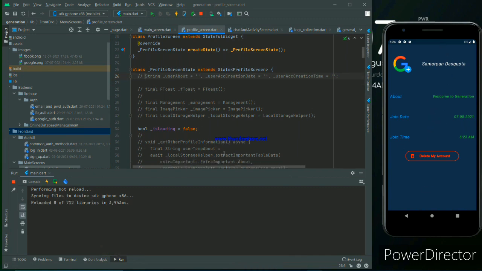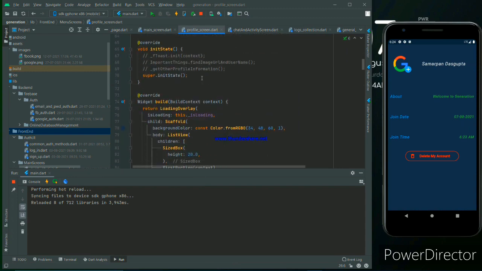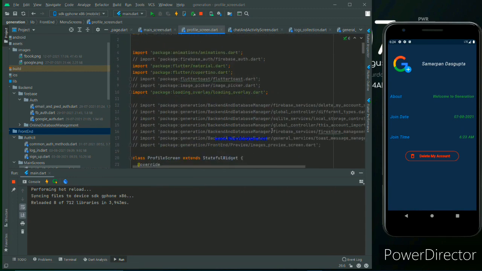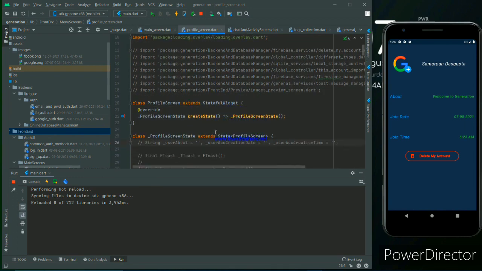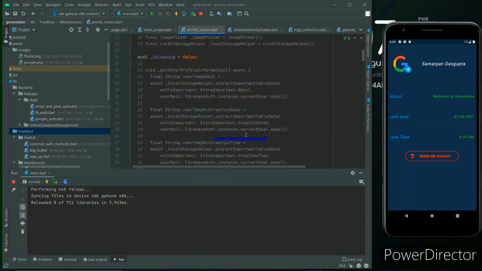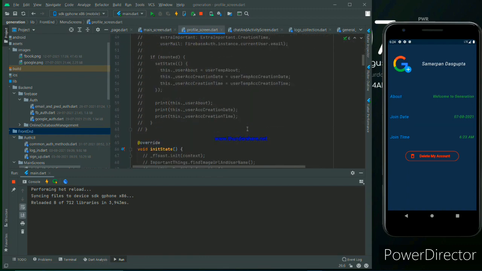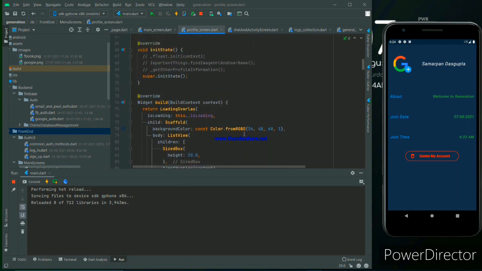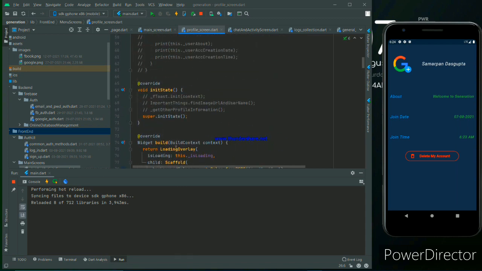Good luck. Okay, I'll explain what I did here. We have to make the init, and as you can see, this is a stateful widget as well, because there will be some real-time changing operation. That's why we have to use the stateful widget. And there will be an init that, when the screen opens, will primarily call some function and some toasting operation, for showing the message. That's why I made it here, but I will deactivate it right now, and I will make it when I integrate with the backend as well.